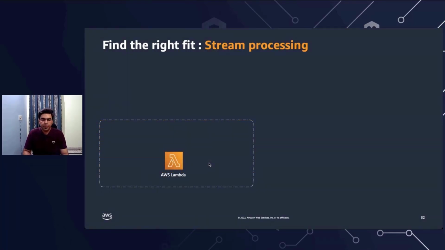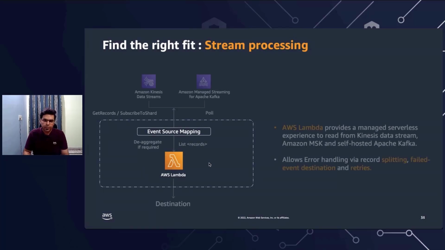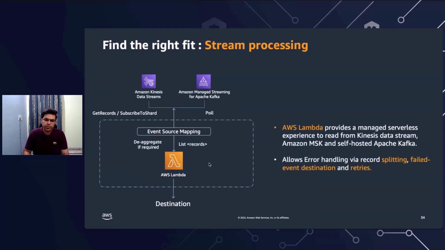Next possibility would be AWS Lambda, which is a serverless way of reading data from Kinesis or Kafka. Kafka can be Amazon MSK or self-managed EC2 hosted Kafka as well. Essentially, what happens is when you provision an AWS Lambda with a trigger from either Kinesis or from MSK, an event source mapping is created internally by AWS, which is the starting point of your get records or a poll request